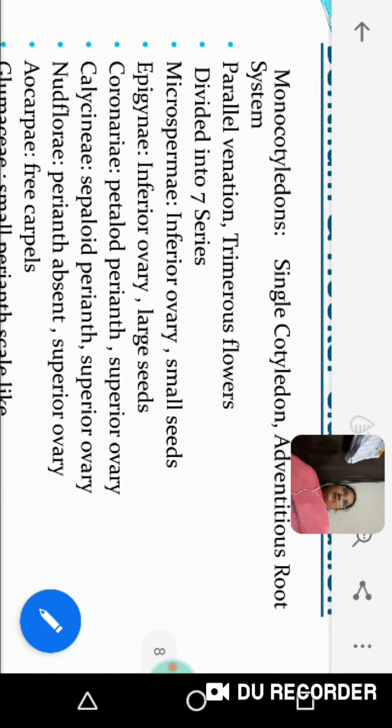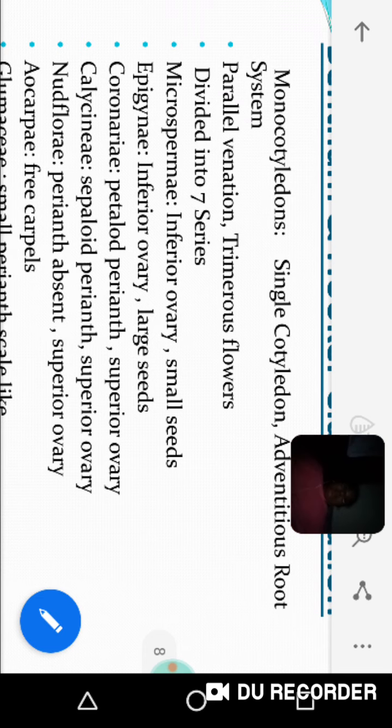The characters are the presence of a single cotyledon, an adventitious root system, parallel venation in the leaves, and trimerous flowers. All these four characters are the distinguishing features of monocot plants. The plants which satisfy all these four characters, like the presence of a single cotyledon and an adventitious root system,